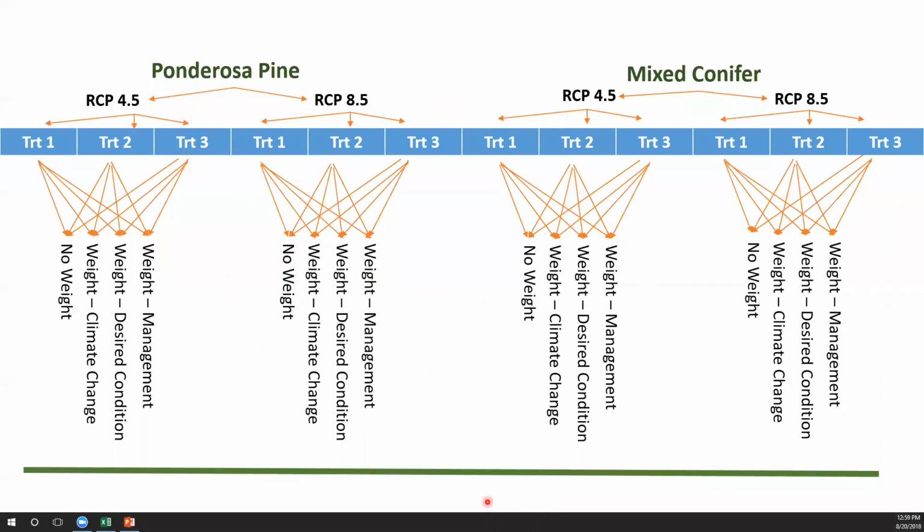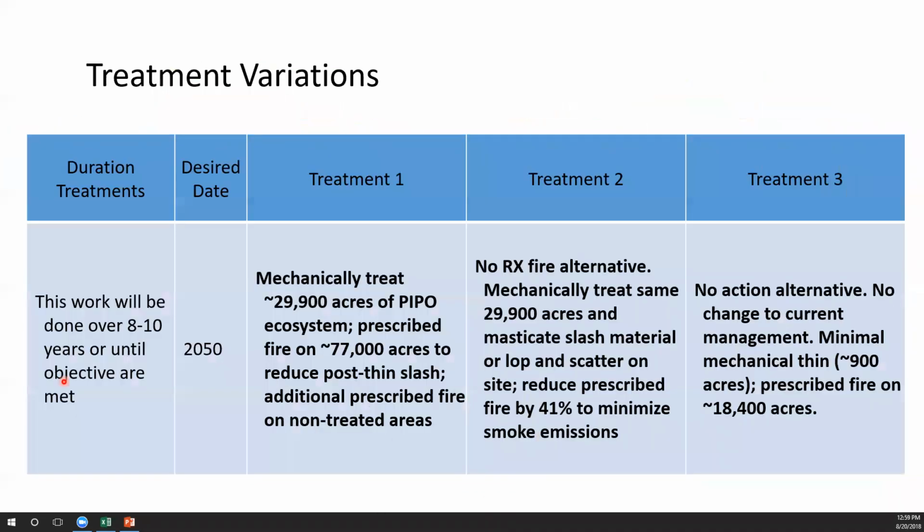So now for a few examples. Here are the treatment variations that I talked about, and the duration of the treatments. Work will be done over 8 to 10 years or until objectives are met. Our desired outcome date is 2050. And again, these were taken from the EIS,